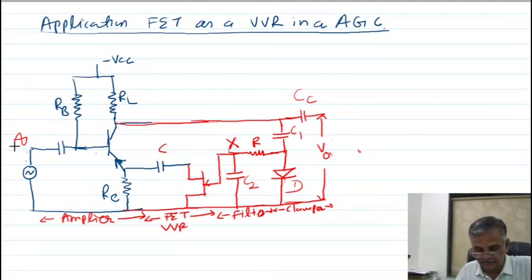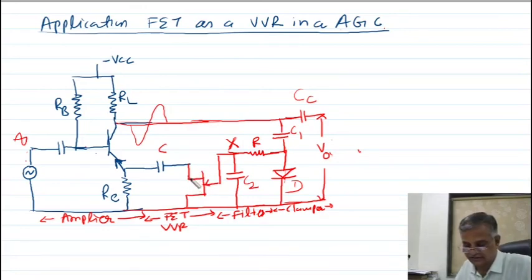Again, this is your input signal, and you will get an amplified signal. The amplified signal will be like this. Some part of this will pass through. The positive half will be rectified or clamped. You will get negative voltage at the point X. After filtering, you will get negative voltage on X. As you get a negative voltage, this works as a VVR, which I am explaining to you.